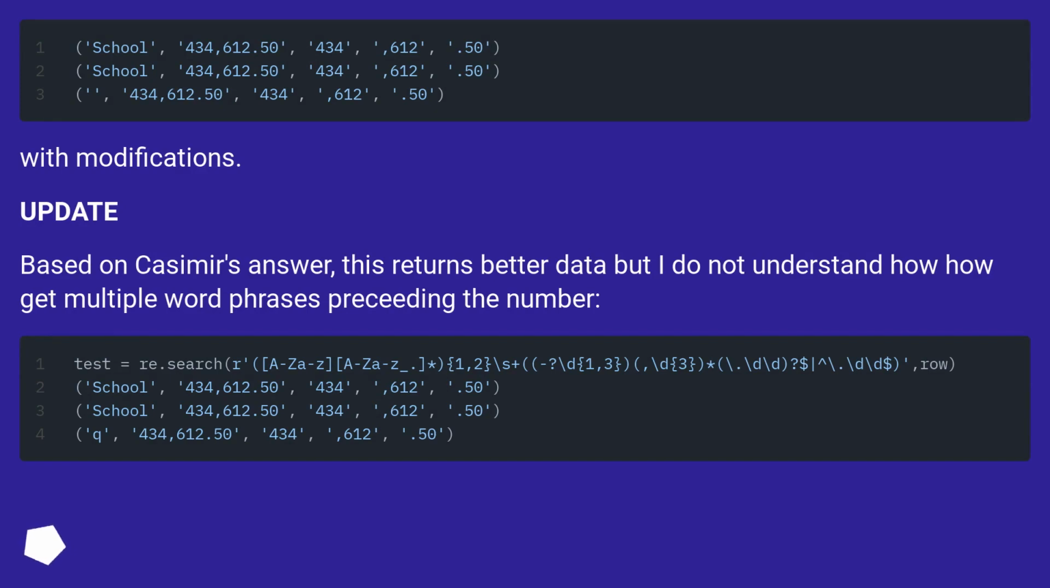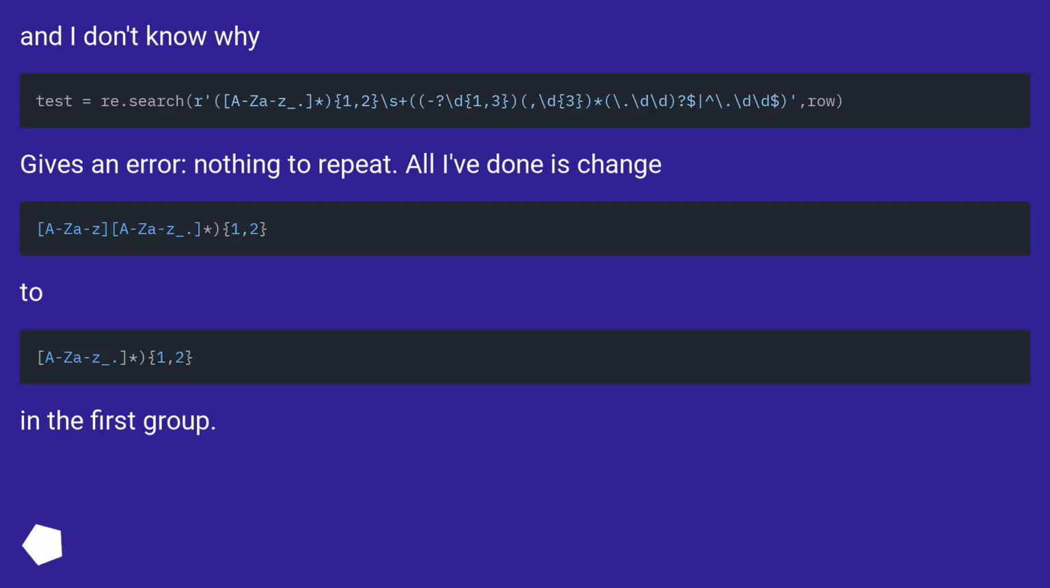Update. Based on Casimir's answer, this returns better data, but I do not understand how to get multiple word phrases preceding the number. And I don't know why this gives an error, nothing to repeat. All I've done is change